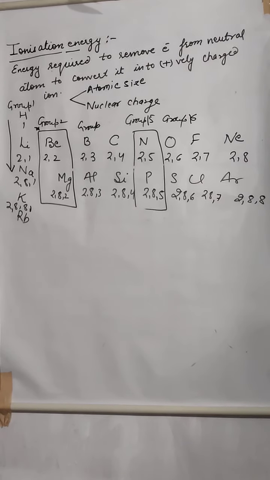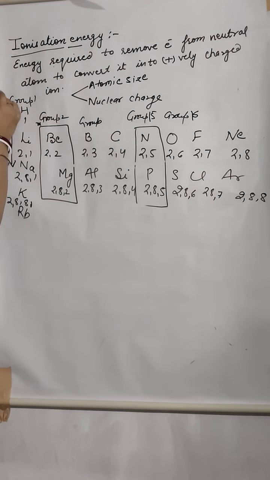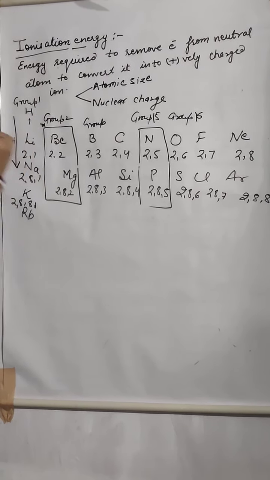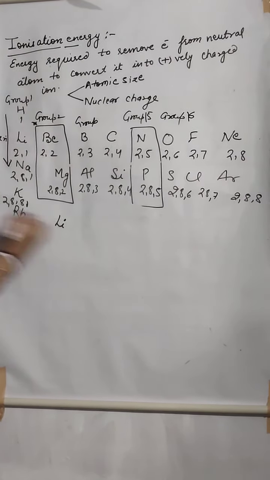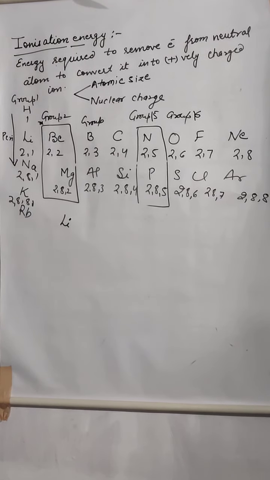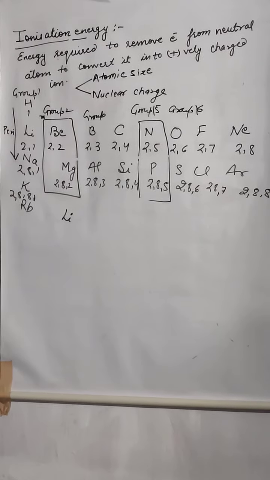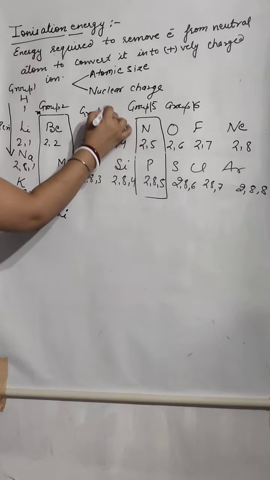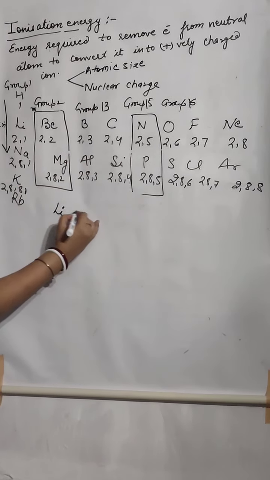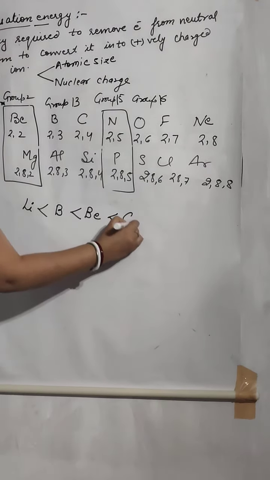If we are asked to write the increasing order of ionization potential for these period 2 elements, or you can say period 3 elements, how are we going to write? Firstly, we write lithium. Increasing order means you all know. So first we will write lithium. As I told you, group 2 elements show more ionization potential than group 3, you can say group 13. So we will write boron, then beryllium, right? Then we will write carbon.